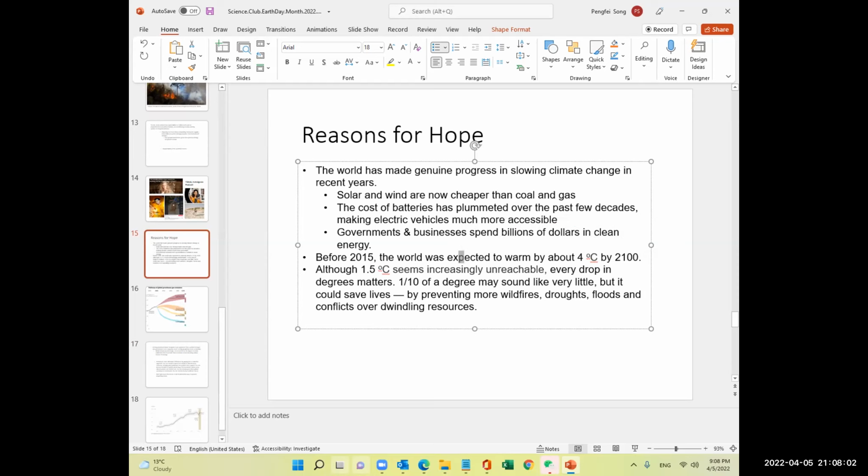So, why do we think that there's hope? The reasons for hope include, Professor Funky actually already mentioned a few. Number one is that even though we have not kept all the promises that we said we were going to, we in fact have made some progress in slowing climate change. For example,